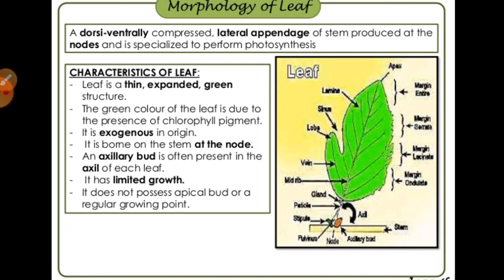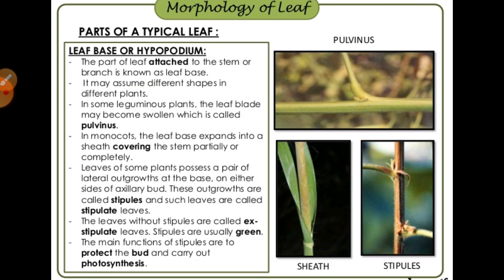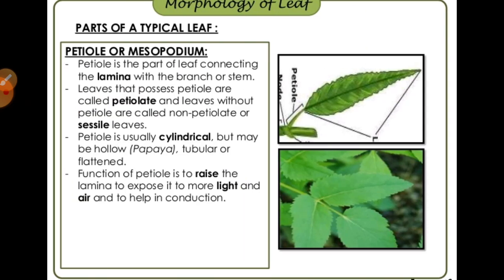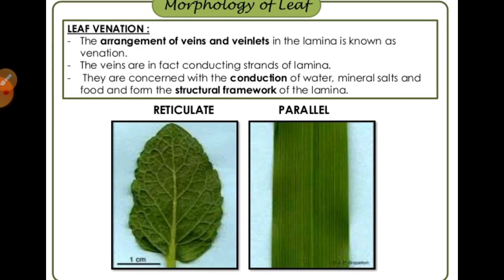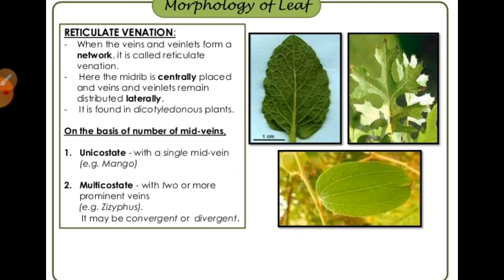As we have discussed in our previous lecture, the morphology of flowering plants, in which we talked about the morphology of the leaf, the characteristics of the leaf, their different types and different structures. Mainly they can be classified on the basis of venation, on the basis of veinlets, and their structures.